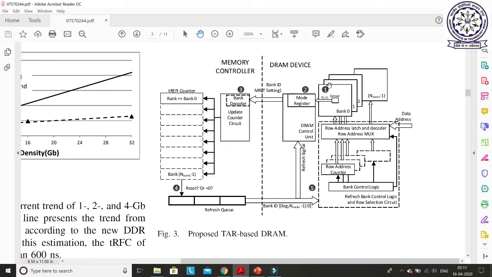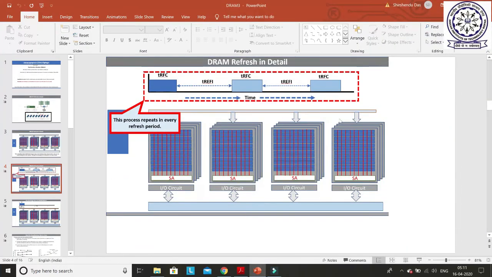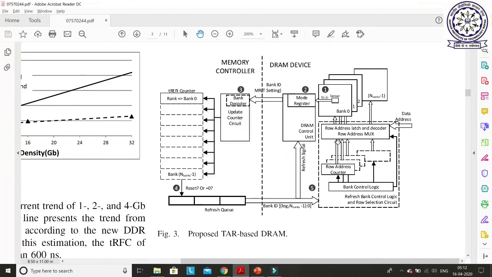The concept of TAR says the refresh period is based on the bank temperature. If the temperature of bank 0 is 105, then the refresh period should be 16 milliseconds. And if this particular bank's temperature is 85, then its refresh period should be 64 milliseconds. So it will vary. The refresh time, or refresh period, or retention time should vary based on the temperature. In the normal case it was uniform, and it always goes for the peak, worst-case temperature, which is not the case here. So how do we handle this?